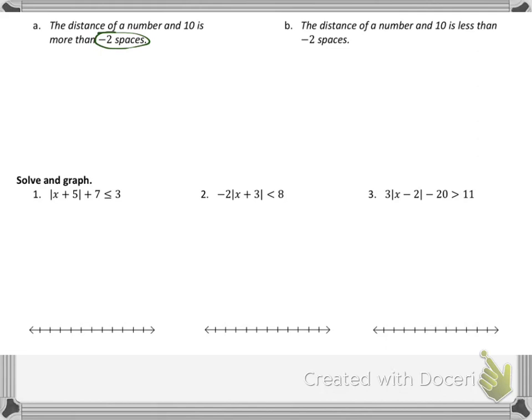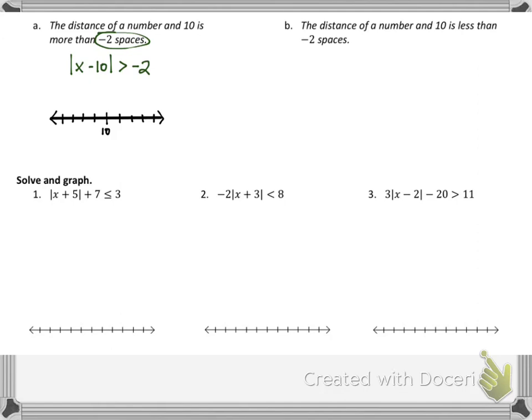Well, let's look at that as an absolute value. So here it is as an absolute value. The absolute value of x minus 10 is greater than negative 2. Well, this is a statement that's always going to be true. Meaning, so here, let's imagine a number line. So I have my number 10 here, and I have this mystery number,